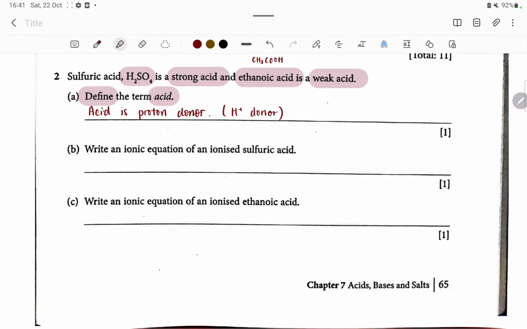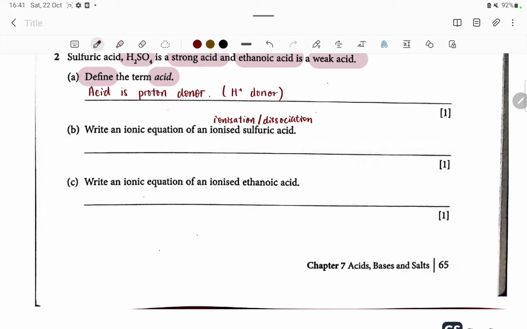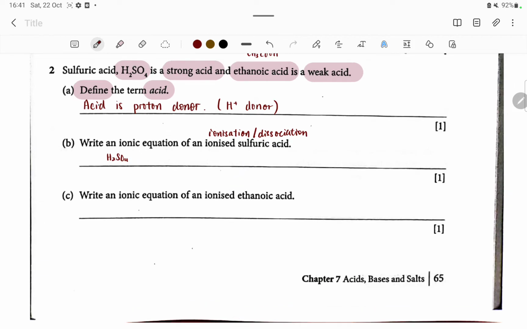Write an ionic equation of an ionized sulfuric acid. So we have to write the ionic equation for ionization or dissociation of sulfuric acid. So this one, given the chemical formula is H2SO4. Okay, this one, since it's 1 mark, so we don't have to write the physical states of the substances, the reactants and products. So straight away 2, and then this one,